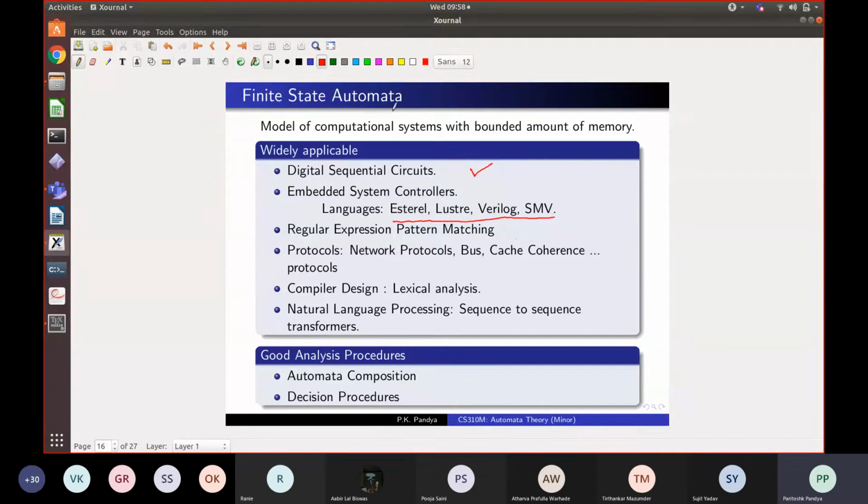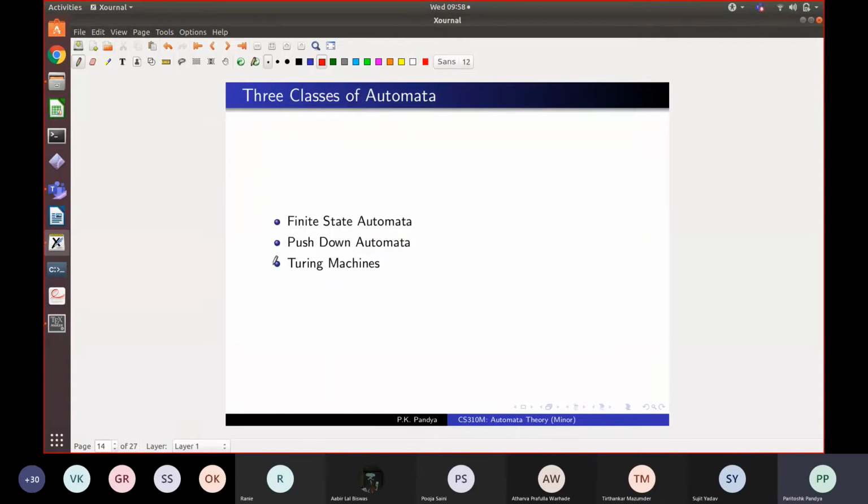Another advantage of finite state automata is that once you build an automaton for a given problem, you can ask questions about that automaton. So you can ask questions about this language. For example, given a very big automaton and some bad kind of string, is it a member or not? You can analyze this. Or you are given 2 different automata embodying 2 different designs for the same language. We can ask whether we have made a mistake in modeling. Are the 2 automata accepting the same language? So, these are called analysis questions or decision problems, and finite state automata tend to have very good decision problems as compared with more complicated pushdown automata or Turing machines.